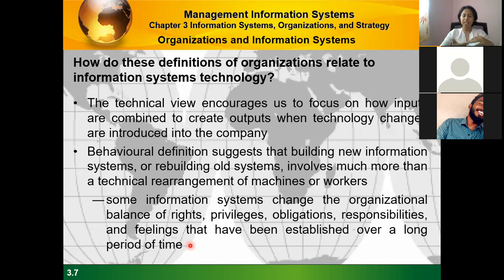So when a bank teller gets access to a system, he gets the decision making right. It's a new right which he or she did not have before the information system was introduced, and because of that his information rights have been increased. He or she has more access to information, as well as a new set of responsibilities and obligations based on the decisions that he or she makes. So in the behavioral definition, we look at information systems in this way. Now, in answering your previous question,